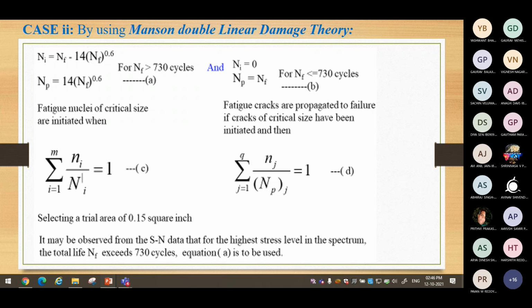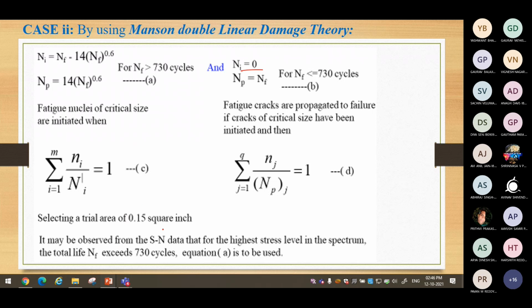At the first instance only there is some crack and that is going to propagate. Then we will not use this particular formula and will not differentiate crack initiation and propagation. So crack initiation is 0. Only cycles are straightforward for the crack propagation. Then the postulate is the same, similar to the linear rule, okay. Once we apply it for the initiation, once we apply it for the propagation, that is it.